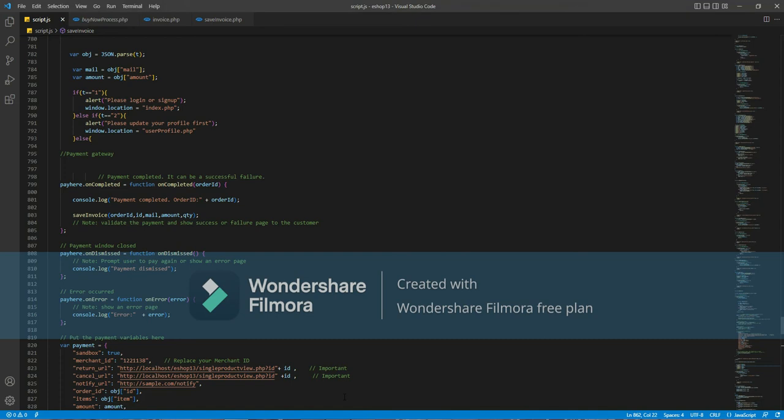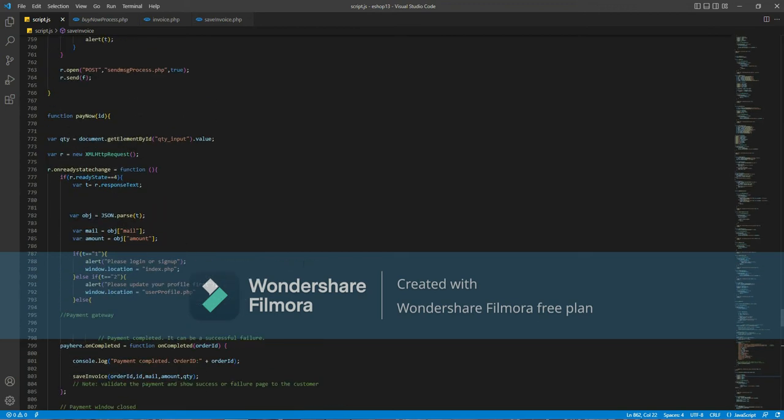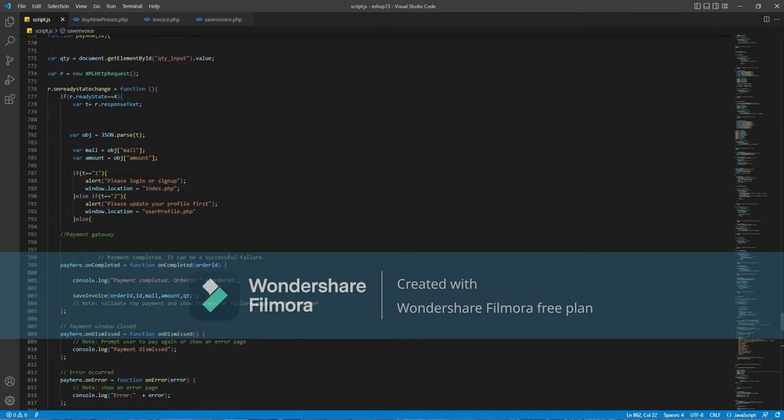This is the 34th video for my eShop web application project. Here we are going to program the invoice page. In this JS code for the pay now function, when the payment is completed, I've given this function save invoice